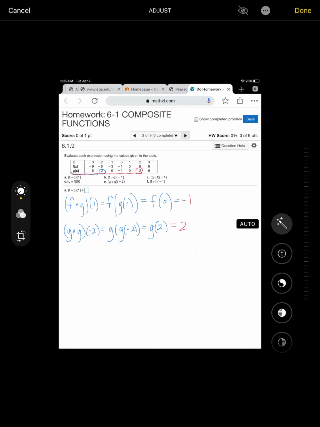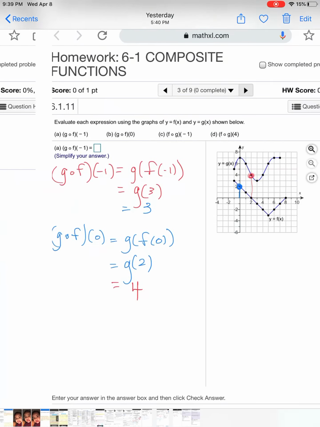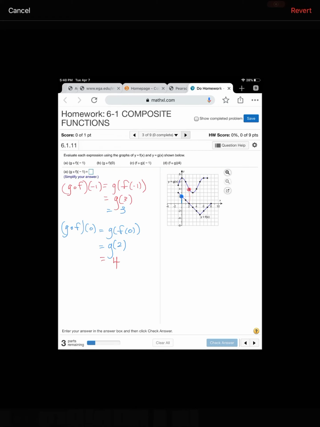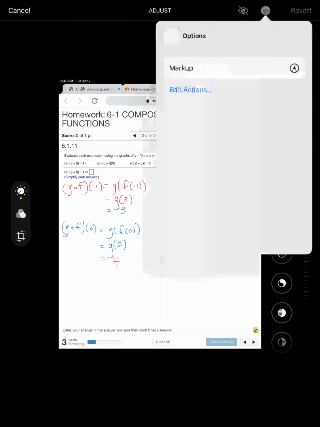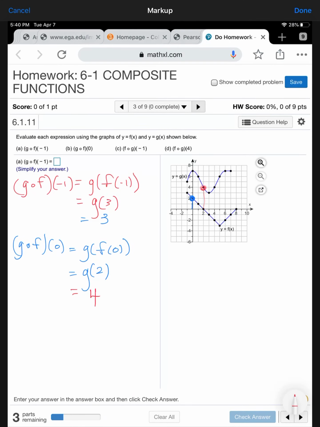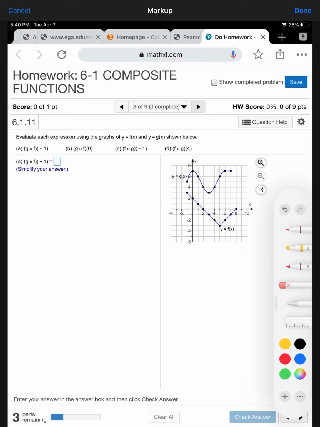Alright, so let's say we want to do the same thing via graph. The reason why this appears marked up already is I've done this example a couple times, so let's just start it over. Alright, so this first example,